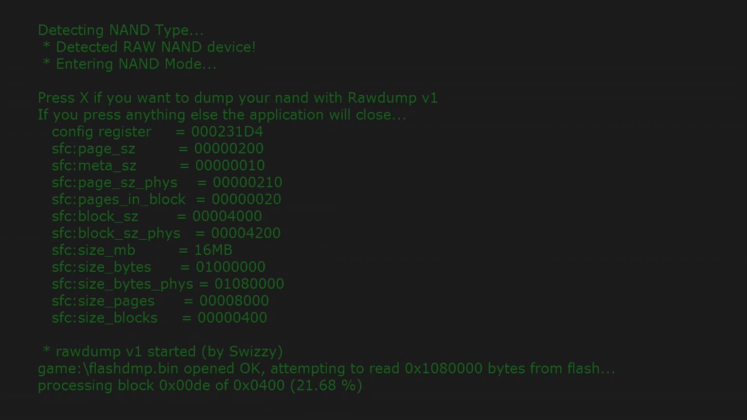If you've got a Jasper big block NAND, which means a NAND that's 256 or 512 megabytes, this will take quite a long time. It will take its time, but most NANDs for the Xbox 360 are 16 megabytes, so it should be fairly fast for you if you have a 16 megabyte NAND. But just wait till it gets to 100%,